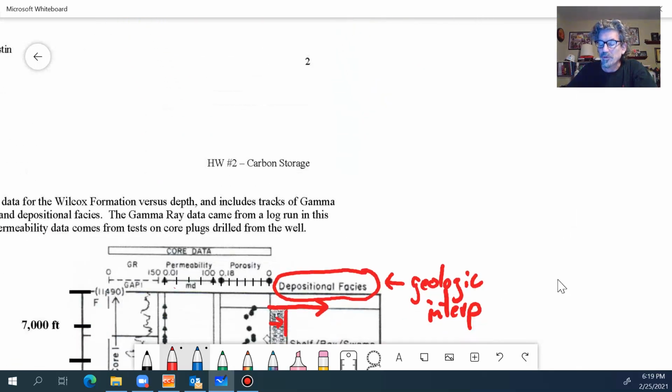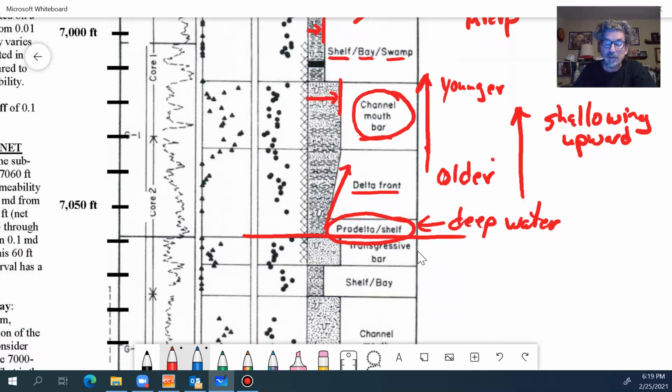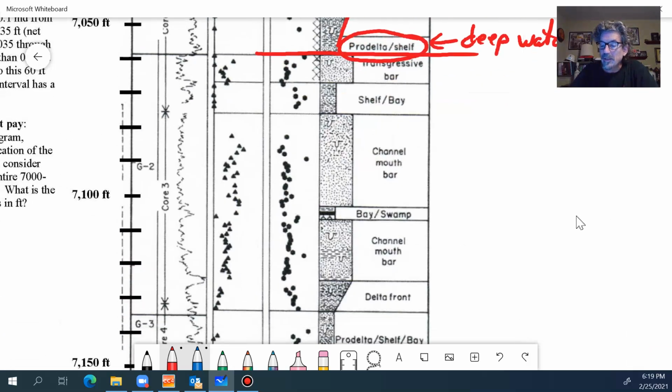And so if we look over here, we're sitting at a particular place on the surface of the earth. We're sitting there in deep water getting mud deposit, and then the delta is prograding out towards us and eventually covers us up in the mud, and we get sandier and sandier and sandier until we get to the channel mouth bar, which is our highest energy environment. Okay? And you can see there's basically